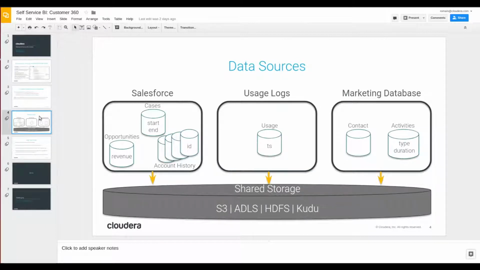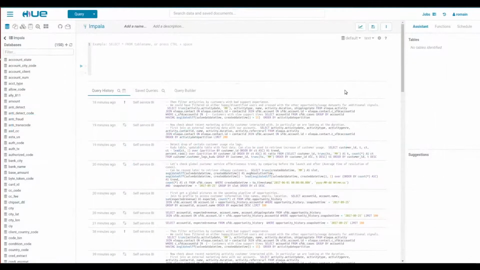We'll use Impala to query the data, and as a reminder, we'll quickly demo the available shared storage on the local cluster or on the object store with ADLS or S3. And we'll use a Kudu table for the logs. Now let's go to the demo.